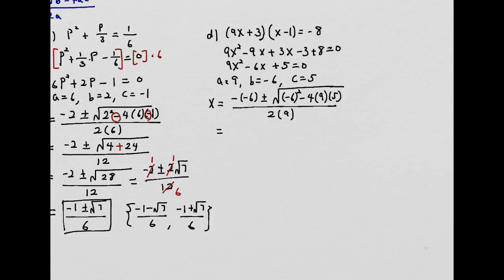Once you replace your values into the formula, then you're going to simplify, right? So you get 6 plus minus square root of 36 minus 180 over